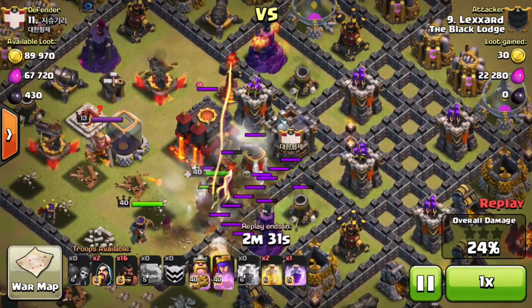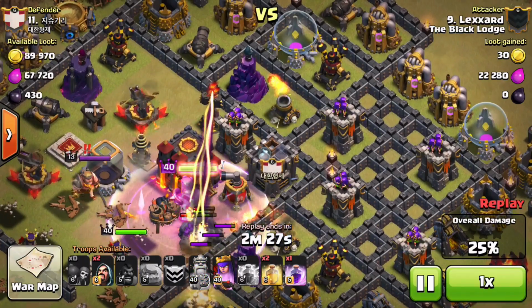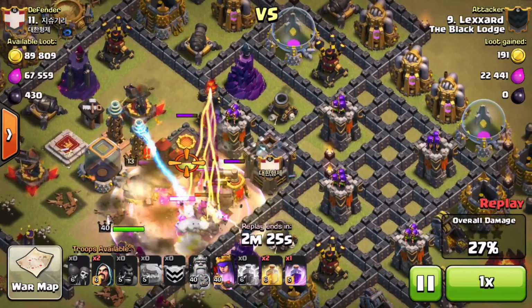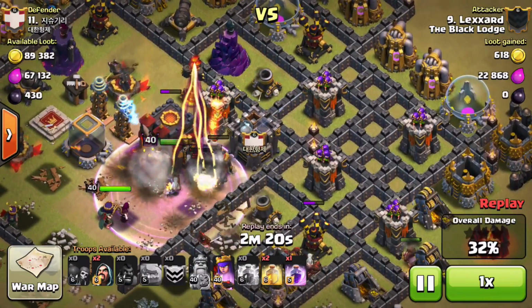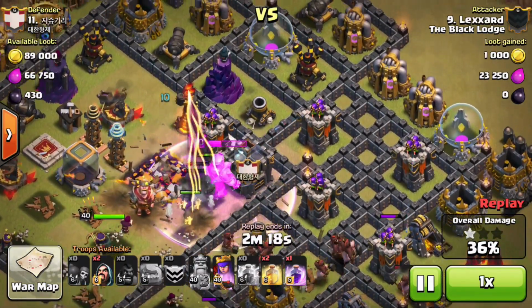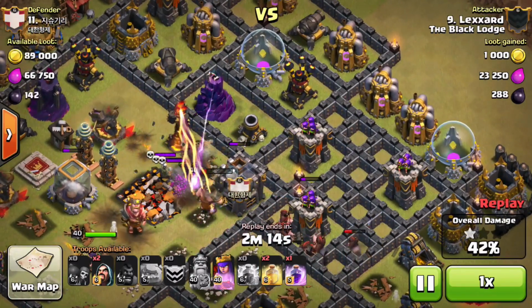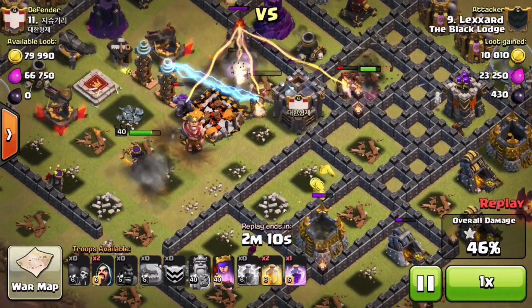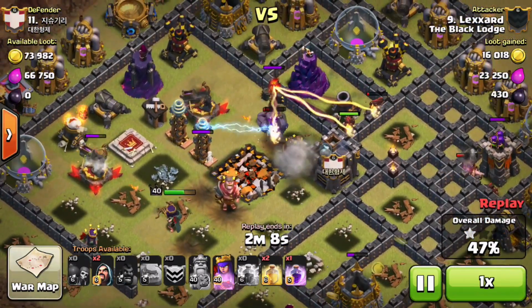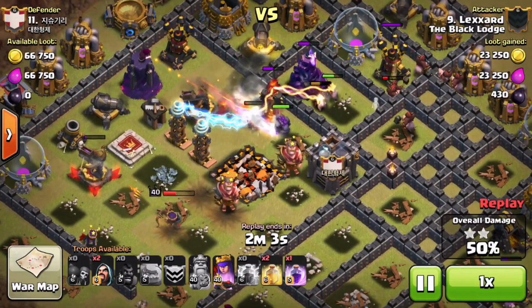So Lightning Spell on the CC, lots of golems in the core, giant bomb goes off, a bunch of Teslas pop up. He's going to rage his king, start his hogs down, and that's all the spells he's going to use for this raid, because I think right here he has already been disconnected. So his queen's going to die without being able to use her ability. He's never going to use those last 2 wizards, and he's never going to be able to use that heal or rage spell,